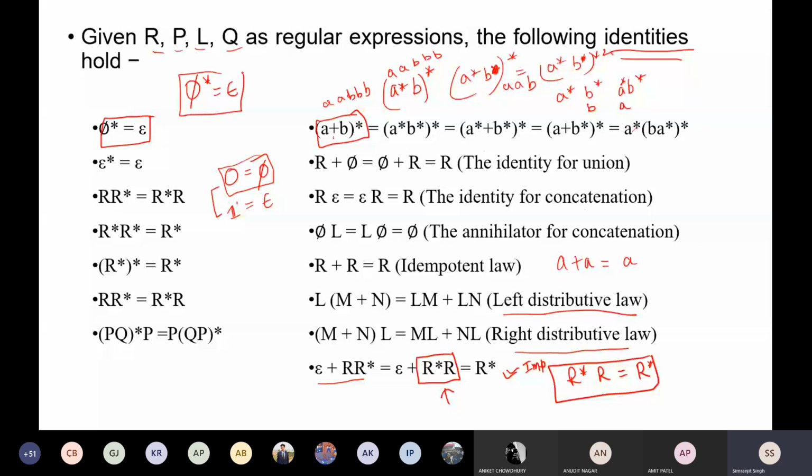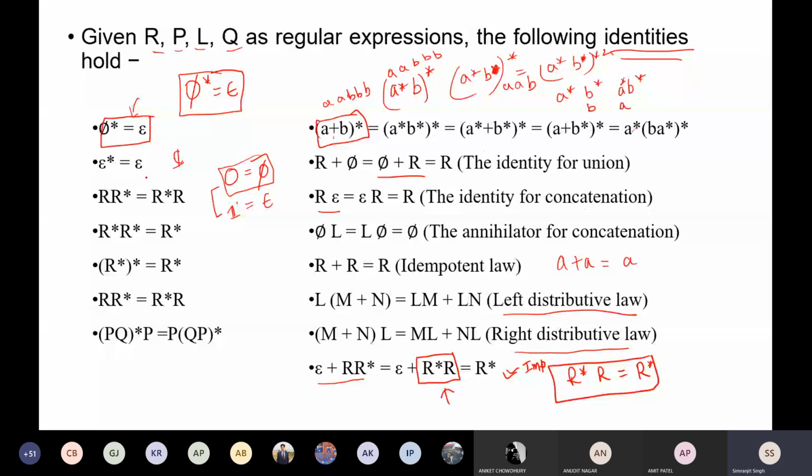The proofs for these theorems are also given in the books, so don't worry about it, just remember this. Scenarios like epsilon plus R, and R multiplied by epsilon are more usable, but mostly the application of this in the questions is very rare. Epsilon raised to the power of star is epsilon, so this is expected.